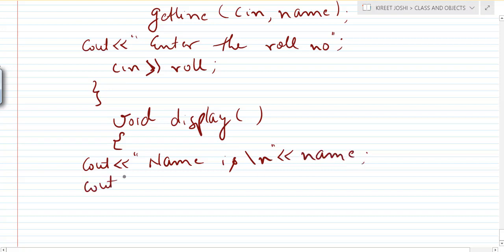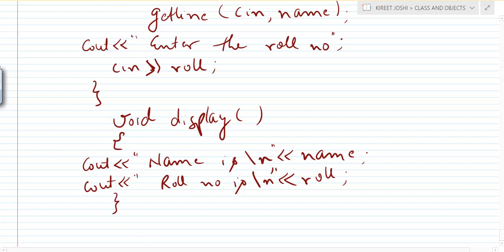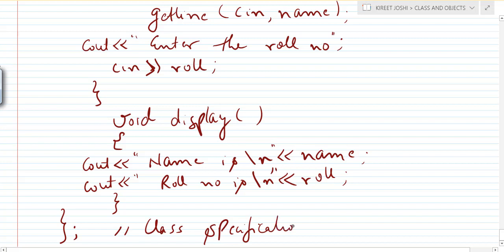Then cout "Roll number is", and write roll. This completes it. We complete the class by closing the brace and putting a semicolon. So the class specification is completed.